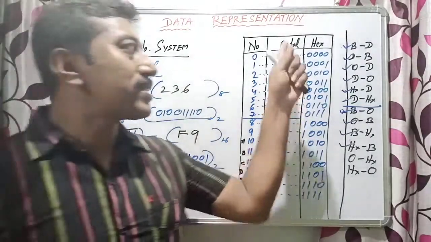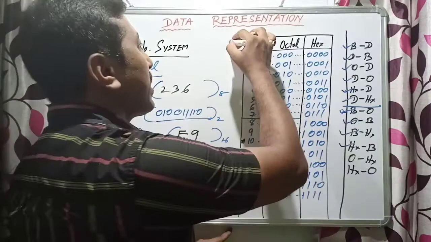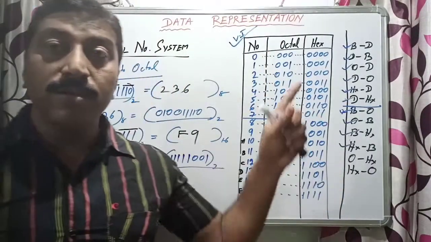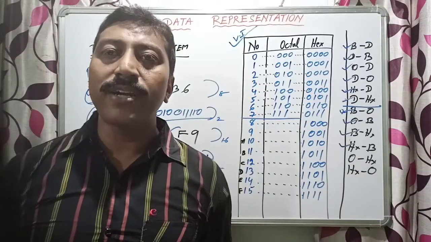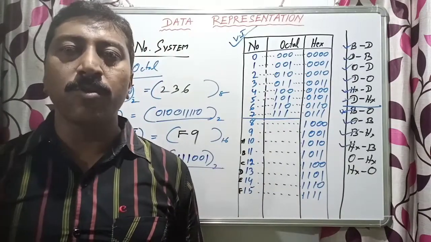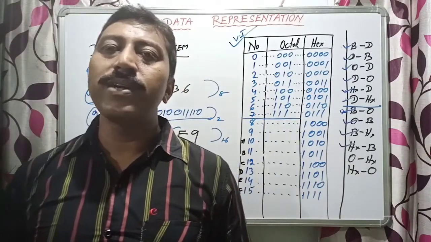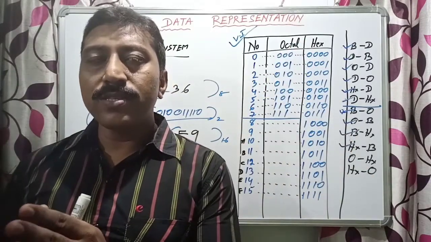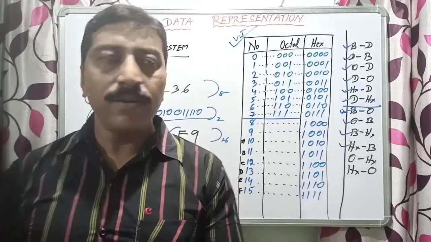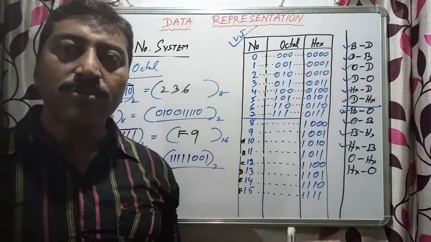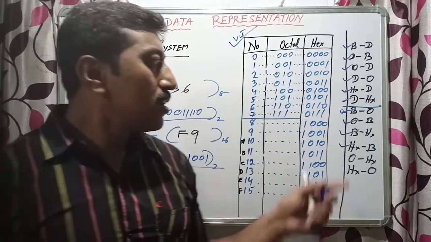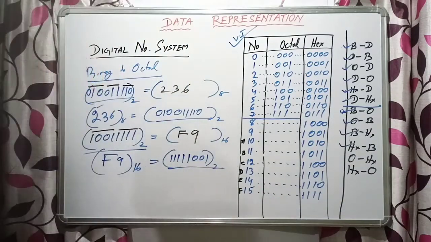But remember students, this table is very, very important. Because with the help of this table, we can find the answer easily without calculating. With calculations we can do it, but it will take time. That's why, in a rough copy or in your examination paper, you write down this table first, so that based on it, it will be easy to find the conversions. Okay, so let us see the next one.